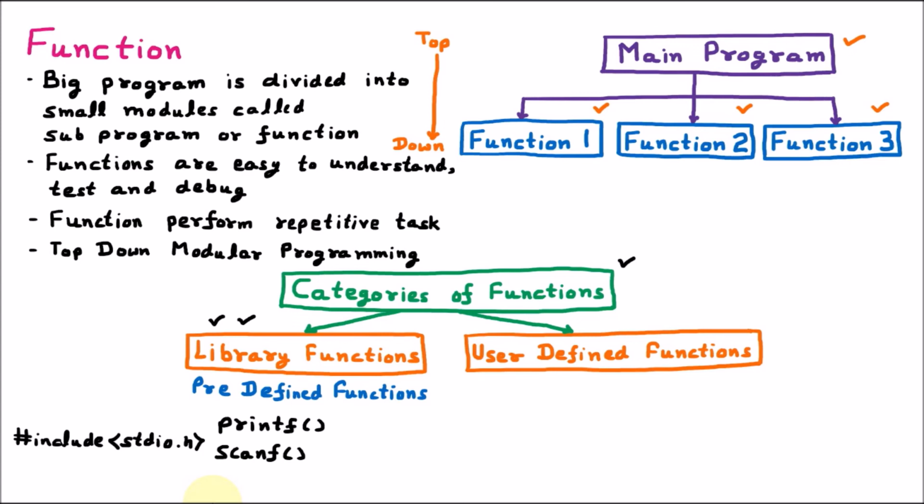Now afterward we have the next category under the category of function, that is the user defined. Whenever the user defines a function on their own, that is called a user defined function. If I am the user, and as per my requirement I make some function, that is called a user defined function. The best function which we have been using from the very first day is the main function, and that main function is also user defined. Why? Because inside the main we can do our own programming. We can modify this main as per our own requirement. That's why this main is a user defined function.